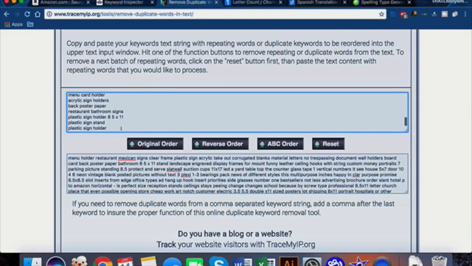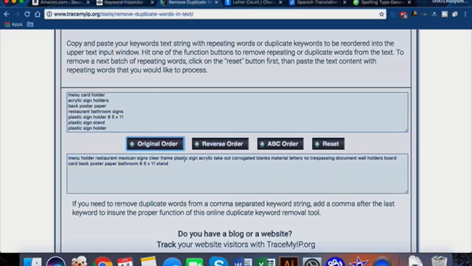These are the top volume of all of our searches. Let's take a look at these. Menu holder, restaurant, Mexican signs, clear, acrylic, corrugated. Maybe corrugated isn't the best word for us. Blanks, material, letter, no trespassing, document, wall holders, board, card, back, poster, 11 stand. So these all make perfect sense. These are our biggest volume. So then take this